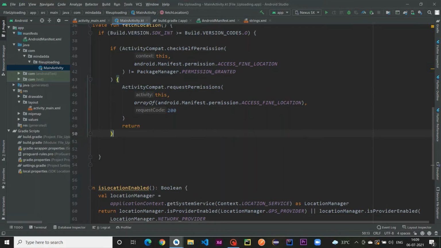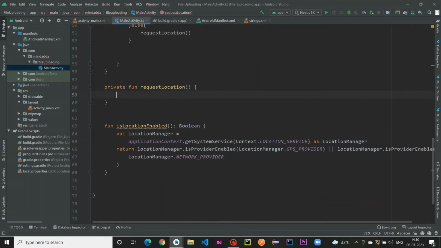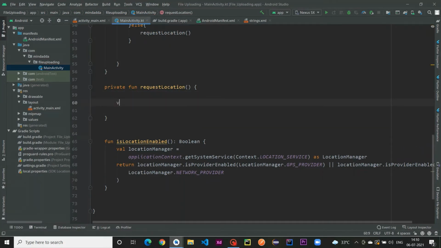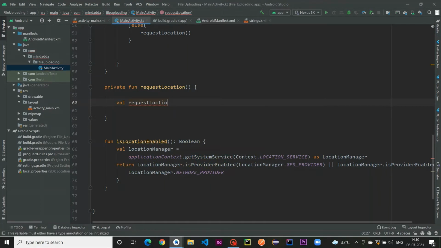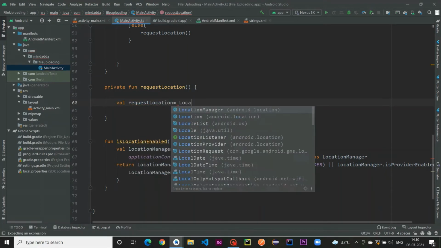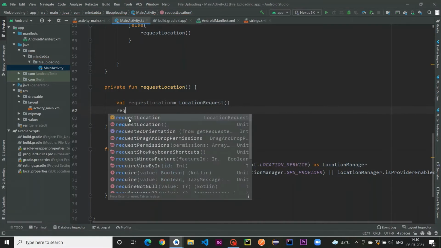And if it is enabled, so we are going to request the location. This is a new function which we are going to create. So in request location we are going to create a variable named request, I think my spelling is wrong, request location, and we have location request, and we have some properties